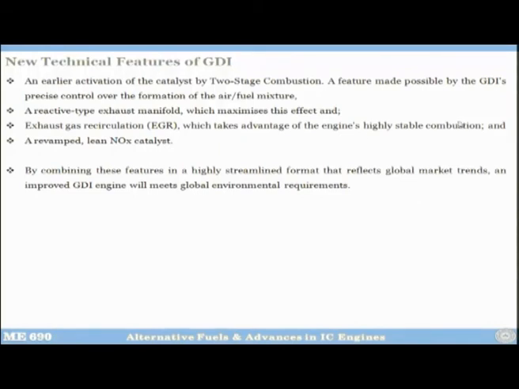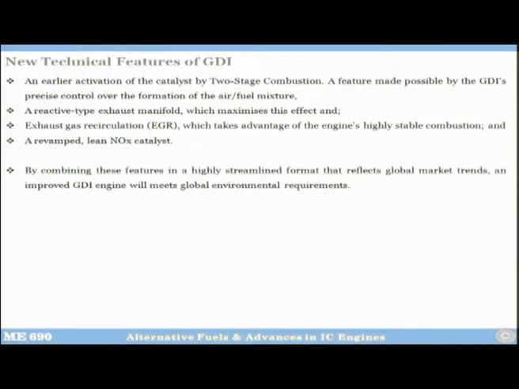You can put it because GDI engine combustion is highly stable combustion. So, when you put exhaust gas, it tries to destabilize the combustion, but since it is highly stable, so even high volume EGR is not able to make it unstable. So, by putting EGR, you are able to reduce quite a bit of NOx, but you cannot make the NOx zero, you cannot really reduce to a very, very low levels.